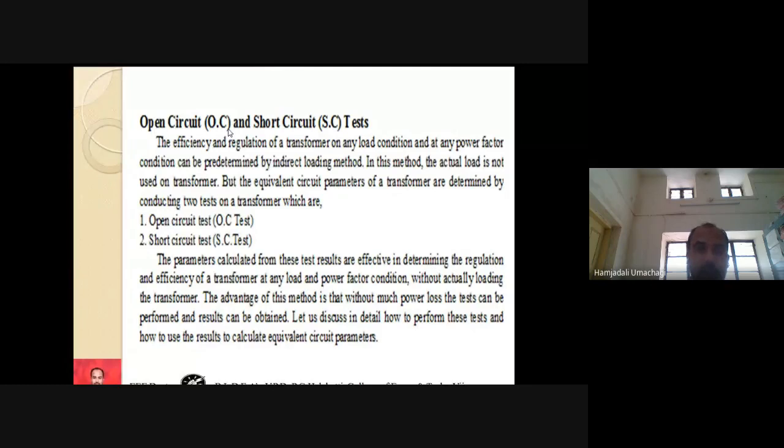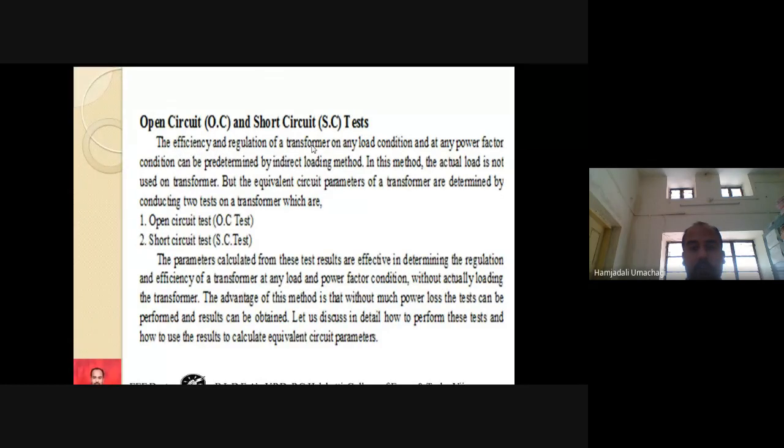Are you getting? So once you know the iron loss and copper loss information, using those losses information, we are going to estimate the efficiency of a transformer at the end. Okay. Open circuit test gives us the information of iron losses. Short circuit test is going to give the information of copper losses. Using these losses information, we are going to estimate the efficiency of a single phase transformer finally. Okay, let us see the things here.